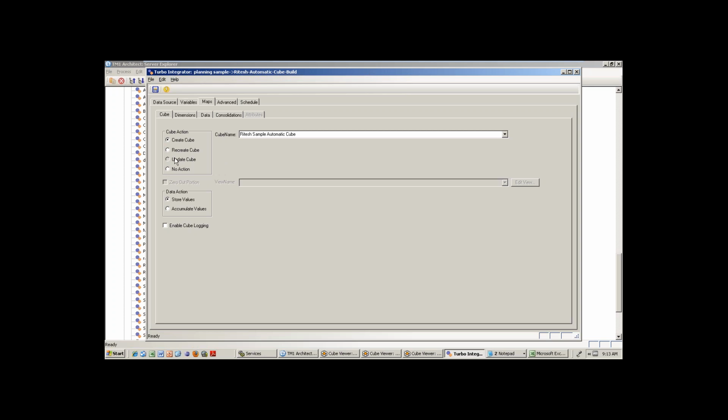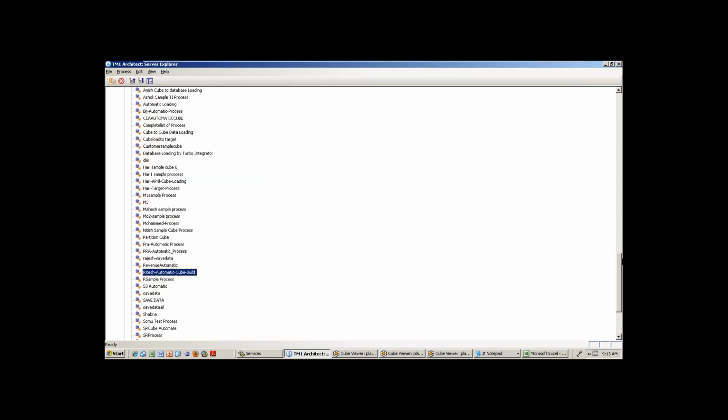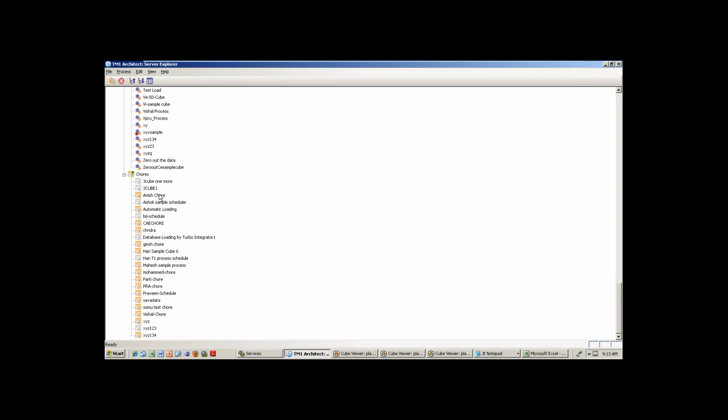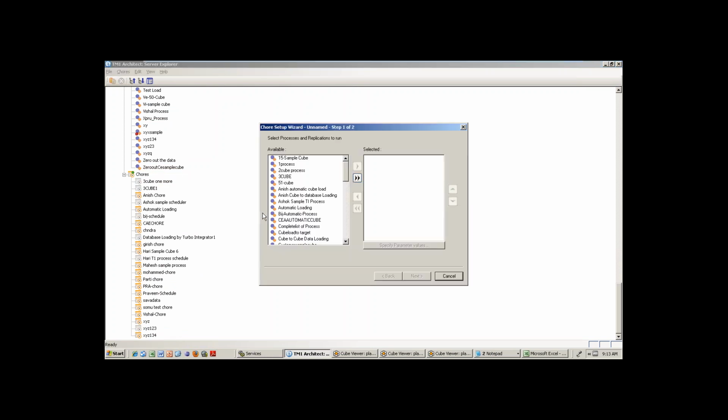So once you create it, the final thing is, once this process is started, maybe every day at 8 o'clock in the morning a new Excel or new CSV is coming. So create a new chore. That means you need to do scheduled things, right? New chore. A chore is a schedule. So whatever process you created, when that process has to execute, every day, morning 8 o'clock or something.